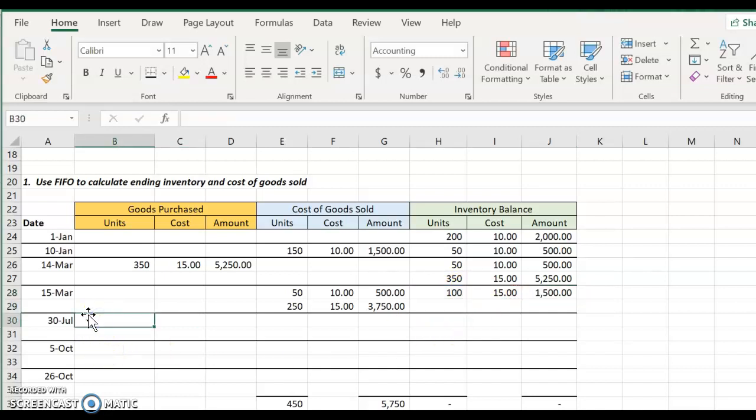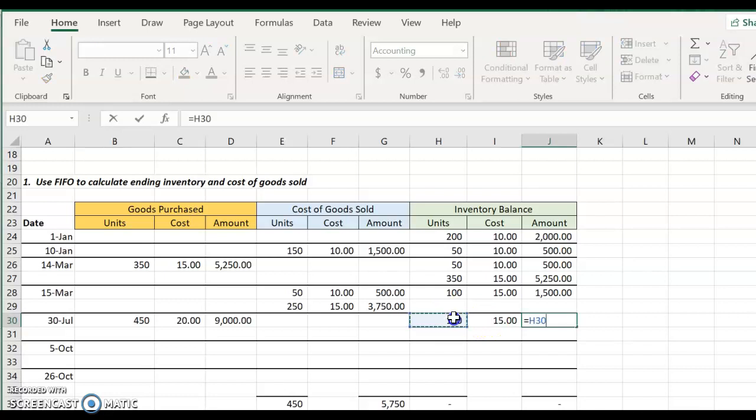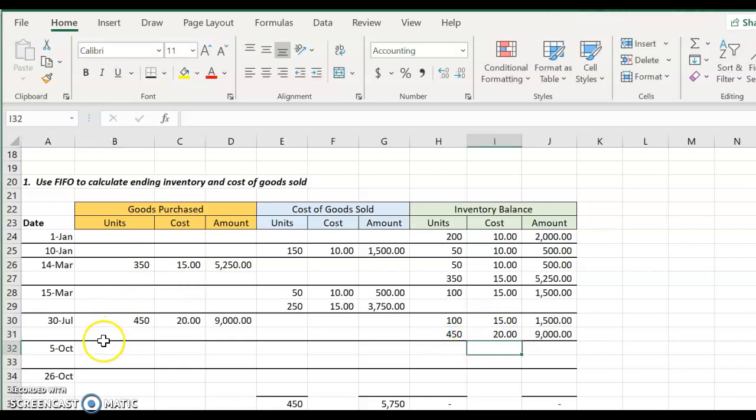And on the 30th of July, we have a purchase of 450 units for $20. And then our inventory is 100 at 15 and 450 at 20, for 9,000. On October 5th, we sell 430 units, so I'm going to take that all out of the, nope, sorry,